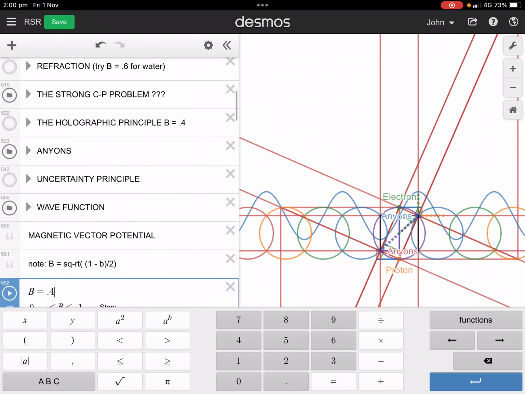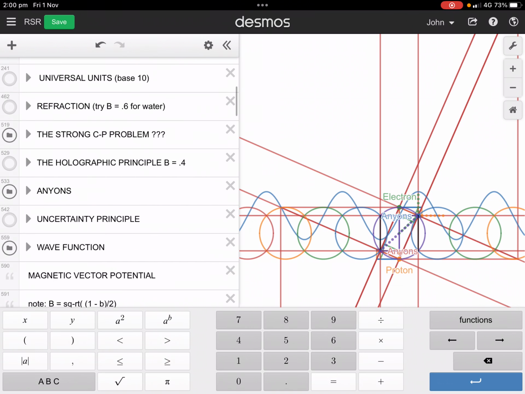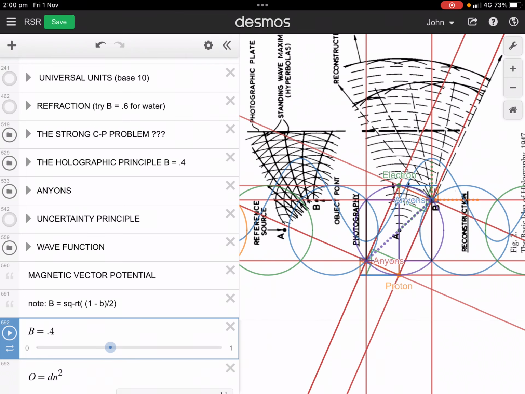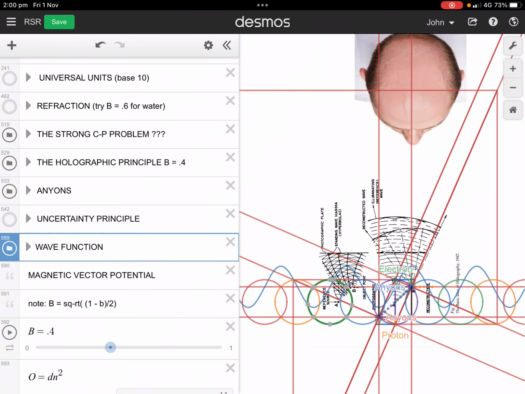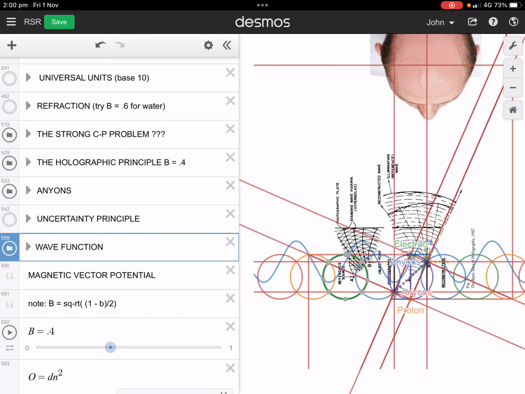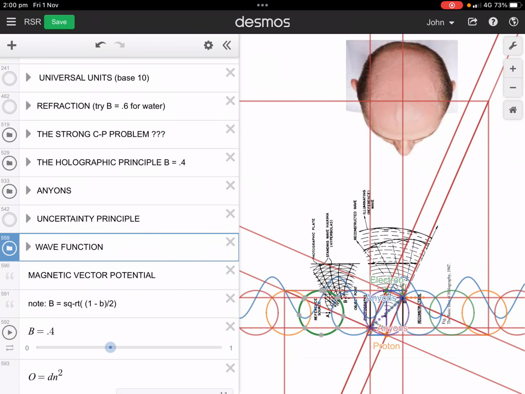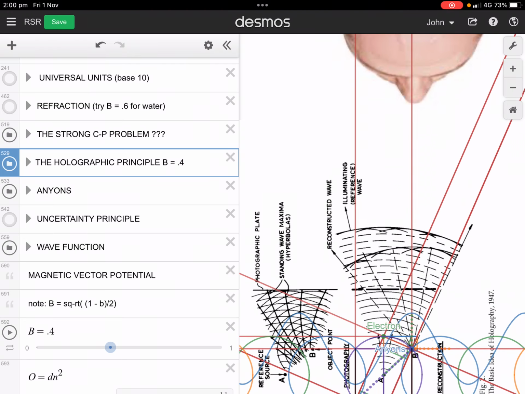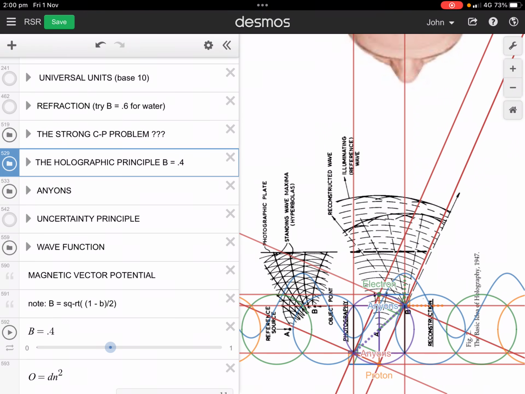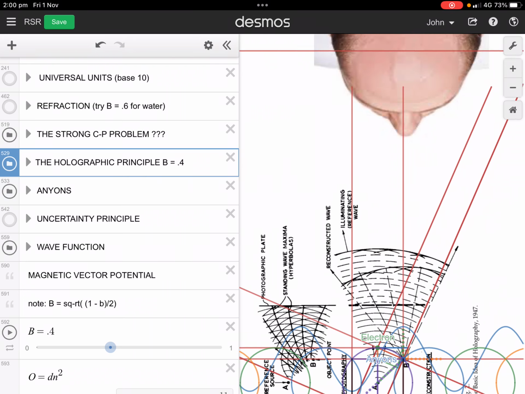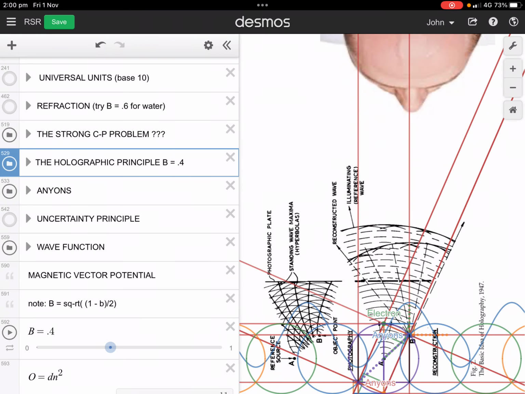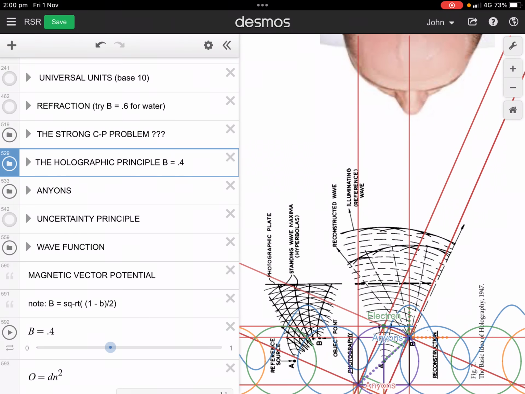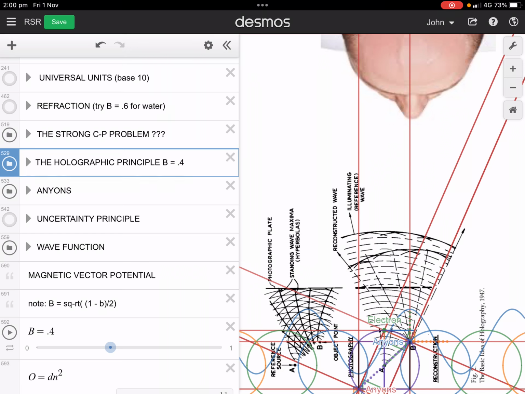Back to point 4. I can't remember if I actually mentioned that I put the holographic principle in undistorted from Gabor's original paper, and I found that I had to use 0.4, which is, I think, the speed that electrons go through the double slit experiment anyway. So there's somebody observing the screen and seeing the electron collapse. Well,